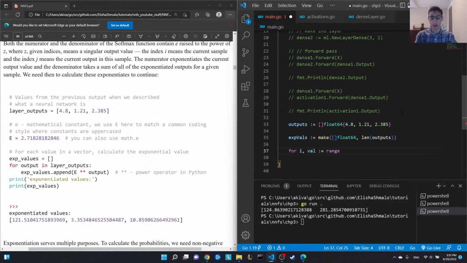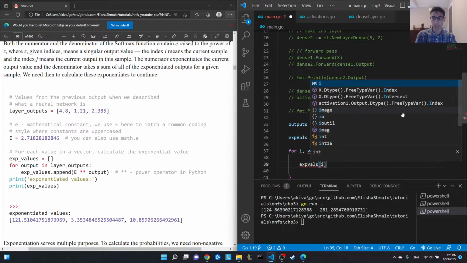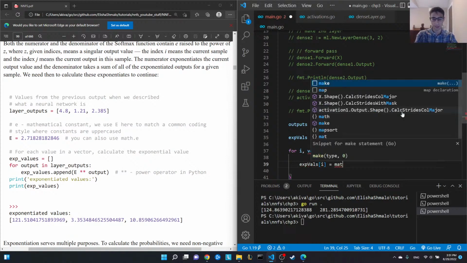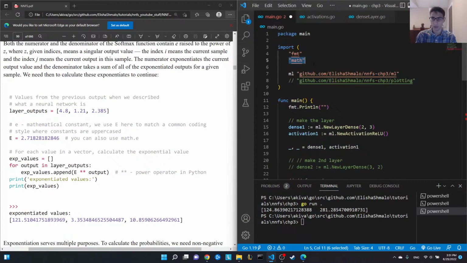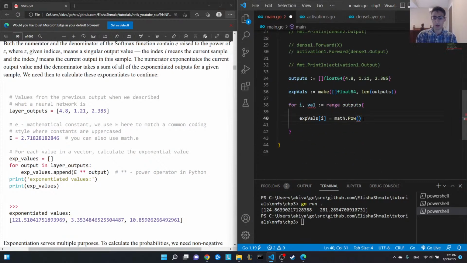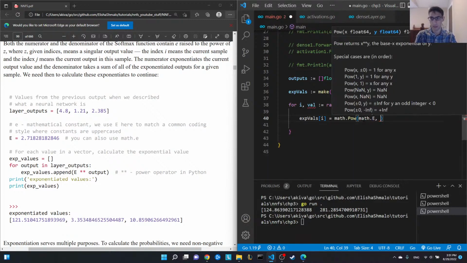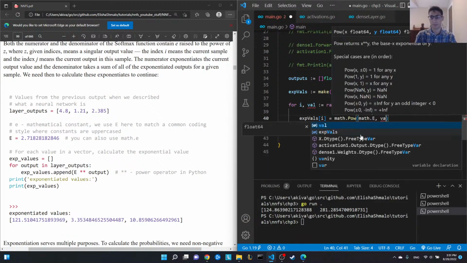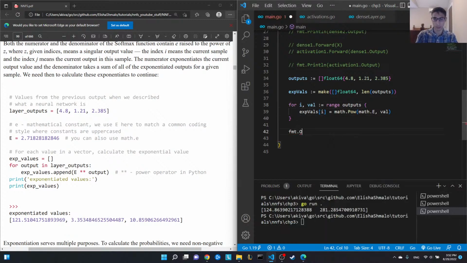Range, there we go, of outputs. exp_vals[i] equals math.pow, and you're going to have to import math up here. Math.pow, we're raising math.e to val. Great. So that will raise all of them to that value. And then he prints it out, so let's print that out as well. fmt.Println